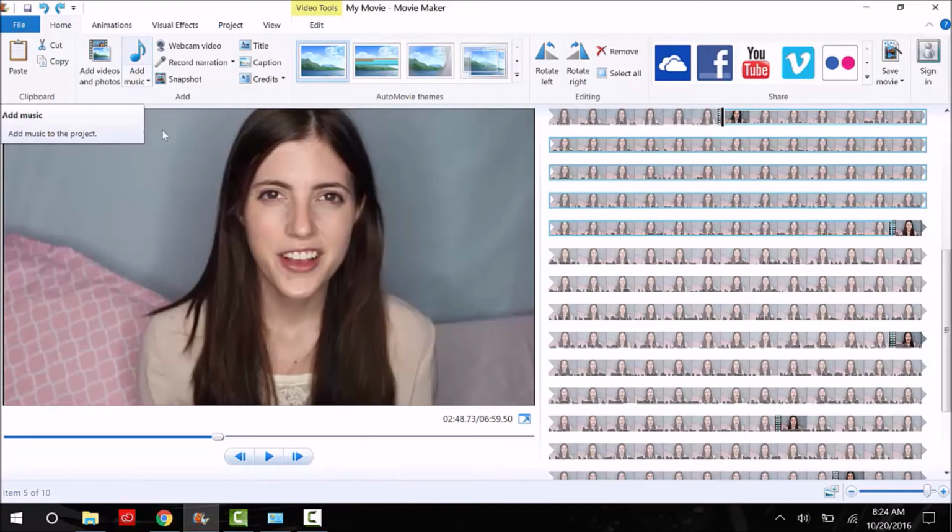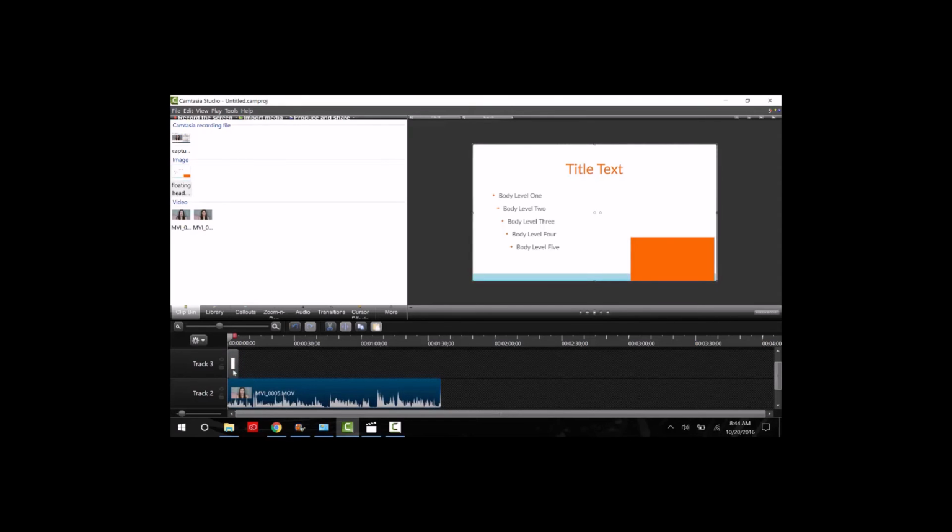So this is what Camtasia looks like, a little more complicated looking, but it's actually really easy to use. The first thing you'll do is go to File, Import, and you're going to import any media you want. I've actually already done that, so we'll just drag my videos down, my video and a slide. So we're going to have them both start at the beginning, increase the length of the slide to be equal to the video,